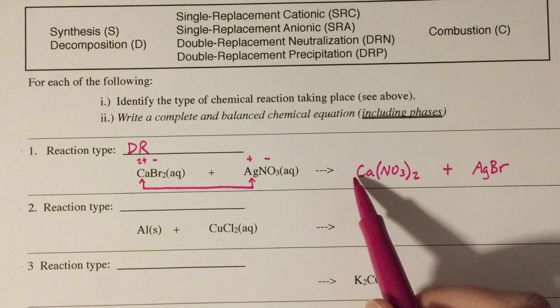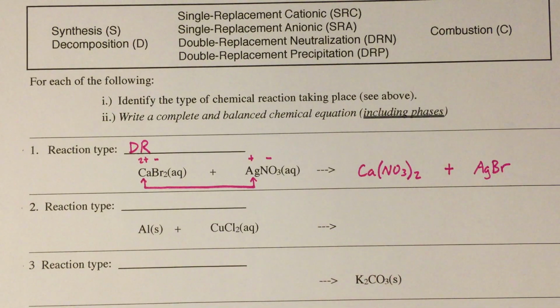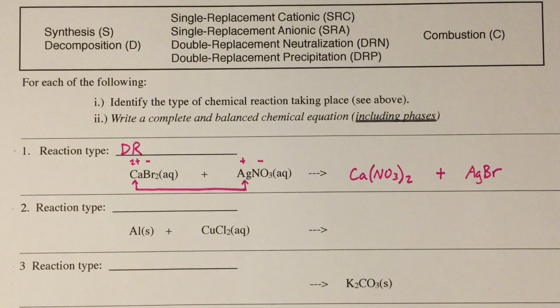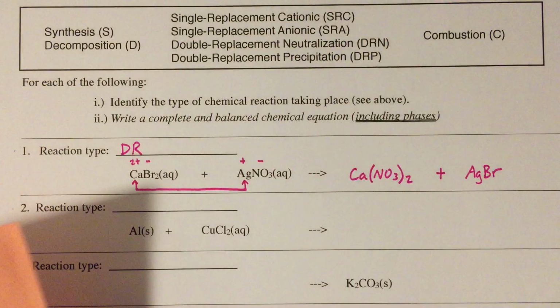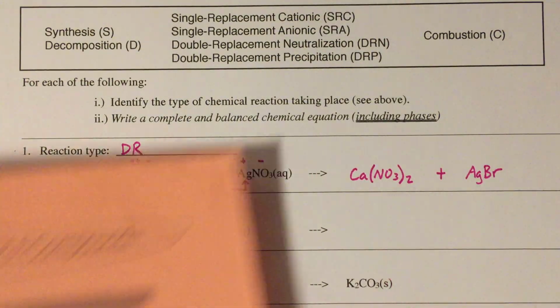I'm also leaving space in the front of my compounds because I'm going to have to balance at the end of this. All right, so now we're to the point where we need to figure out the phases. Now, sometimes assignments will give you the phases in the question or in the problem, or they will give you hints. If not, you'll need to use your solubility table. So to get the phase of calcium nitrate,